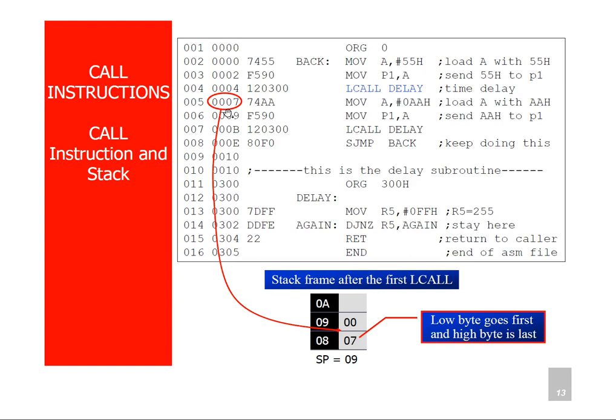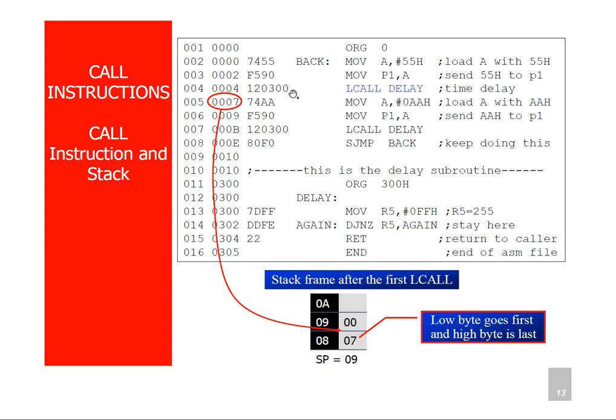So this 07 will be stored in this location, that is the 08 location, and next the stack pointer will be incremented by 1. Now the stack pointer is pointing to the 09 location on the stack, and 00 will be stored in this memory location. That means the lower byte goes first and the higher byte is last. Now the current content of the stack pointer is 09. That means it is pointing to the 09th location in the stack.